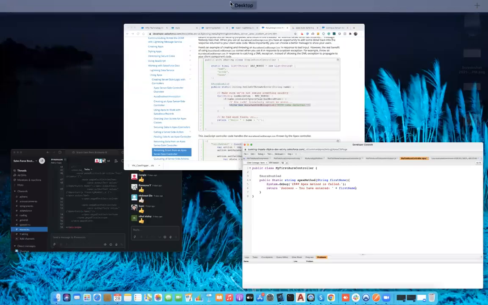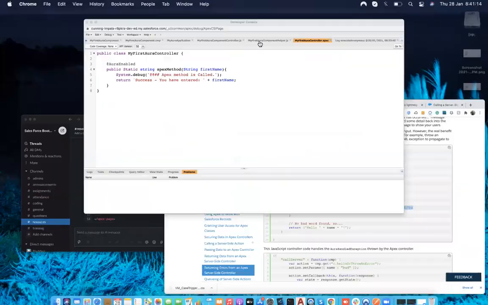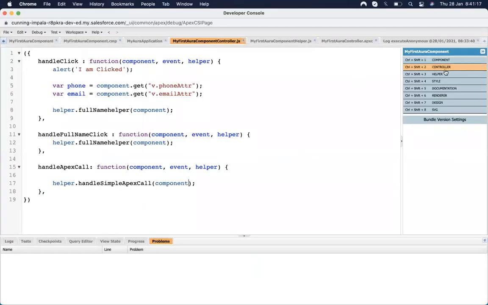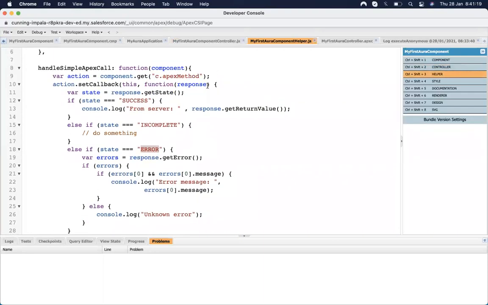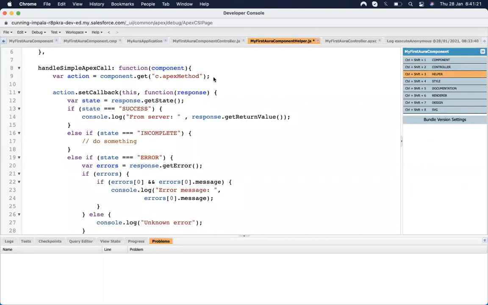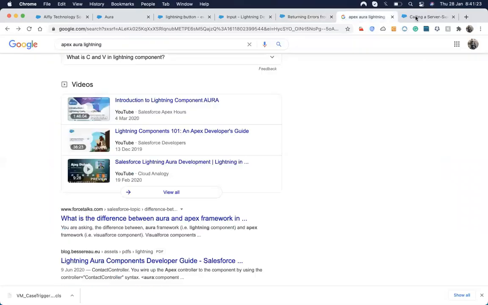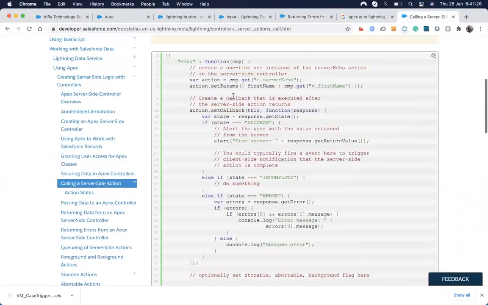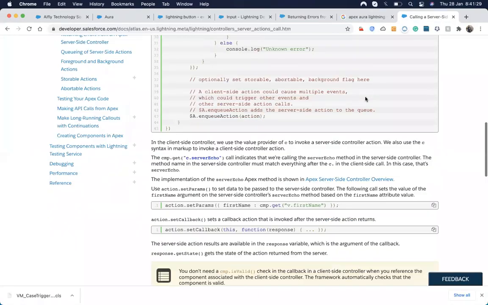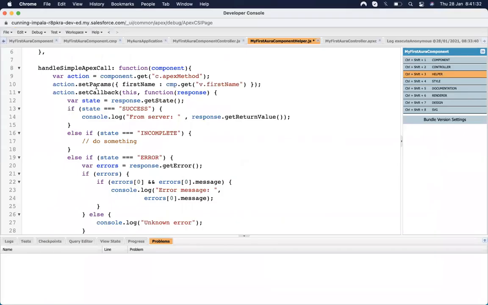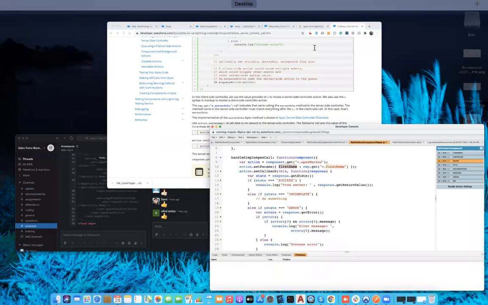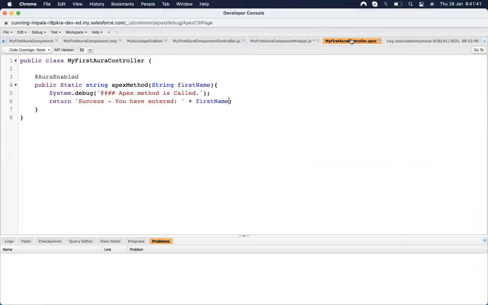Here, in the JS, no, not helper, in the helper, I need to pass that value. For passing a value, I need to copy from here, action.setParams. It's a syntax, and then we have this one. firstName is the name that is present inside this Apex method.